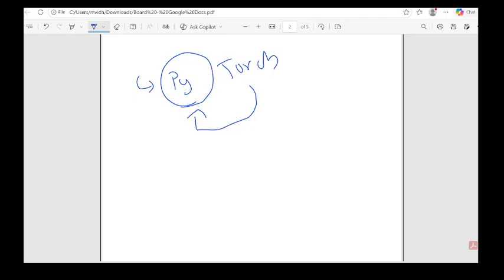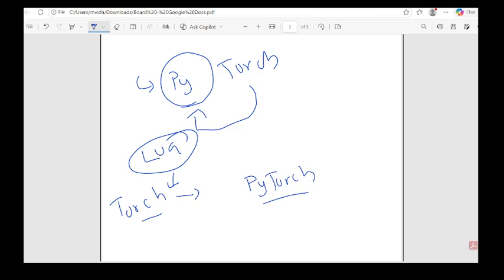Initially there is Lua, a language, and we have the Torch library used in machine learning, but this Torch library was built using Lua. Then Meta came into the picture, and they converted Torch into PyTorch. This is the major history. And as I mentioned, NumPy and AI libraries are easier to learn, and most people are available in the case of Python, which is a major reason.